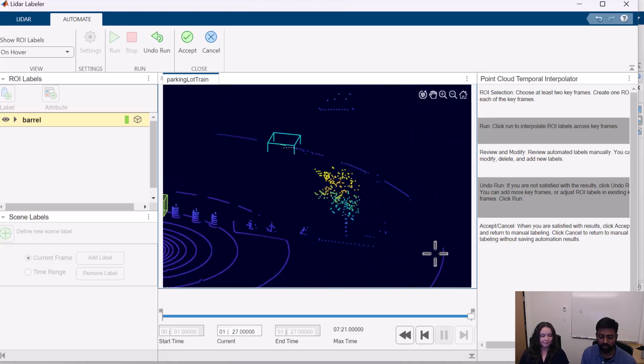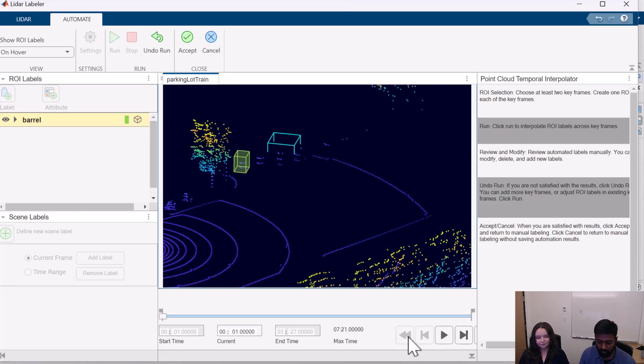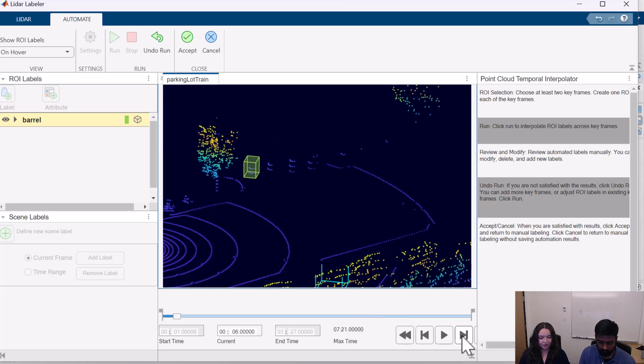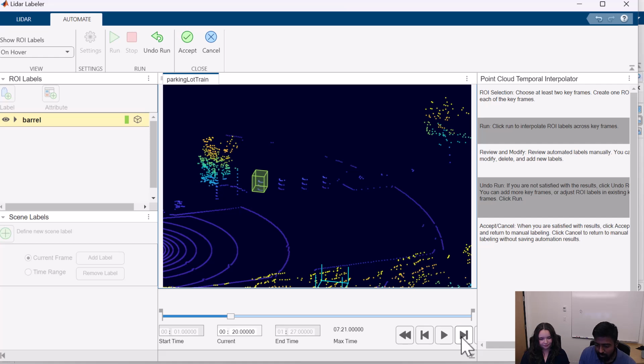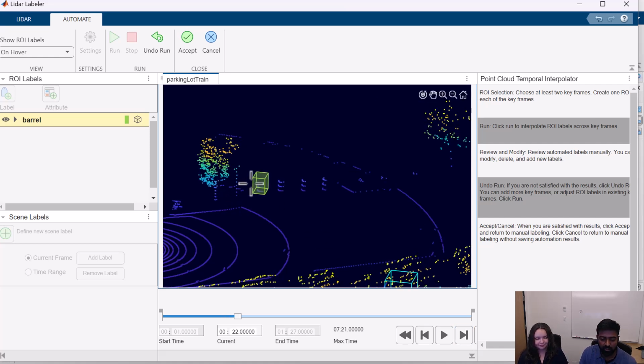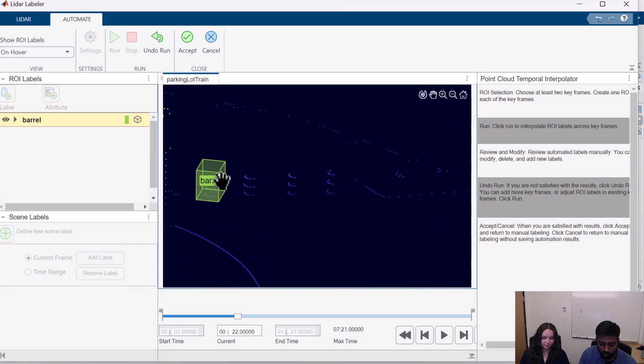Great, now that the algorithm has finished running, let's go back to the beginning and see how it did. We can go by frame to see how the labels look. And you can see frames that we didn't label now have labels. The labels look pretty good, but if there are some labels that are a little off, we recommend that you go ahead and adjust them and make sure that the labels are consistent. And again, this is a recommended workflow. Anytime you do an automation, you have to manually make sure all the labels look good.